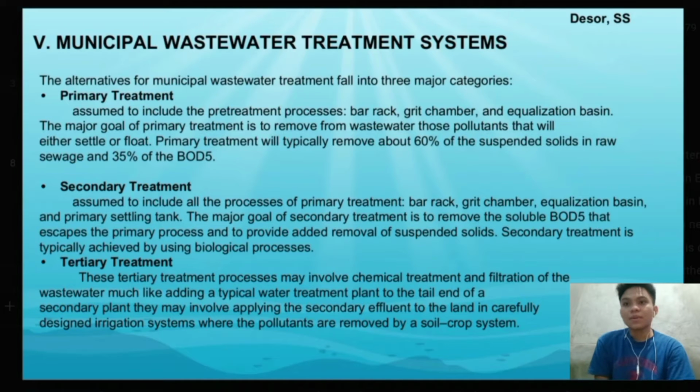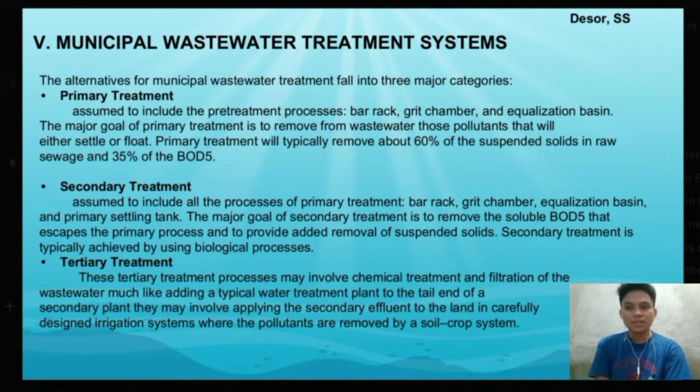First is the primary treatment, which is assumed to include the pre-treatment process, which are the bar, grit chamber, and equalization basin. Its major goal is to remove the pollutants that will either settle or float from the wastewater, and it will typically remove about 60% of the suspended solids in raw sewage and 35% of the BOD5,